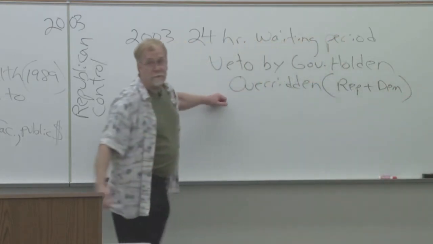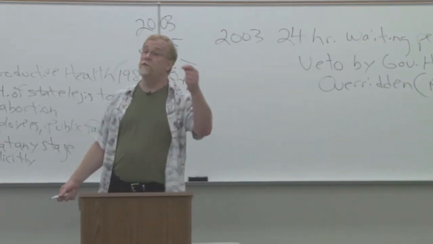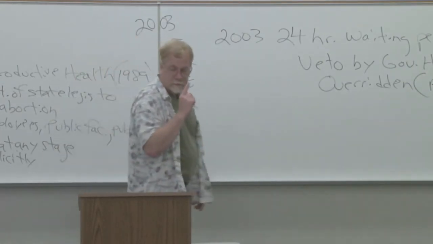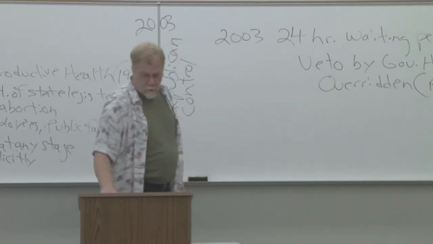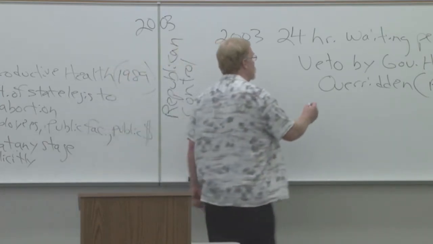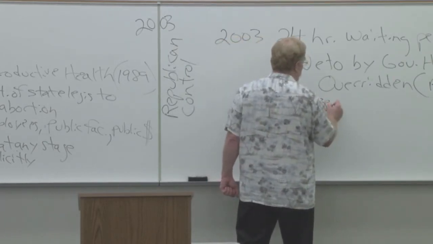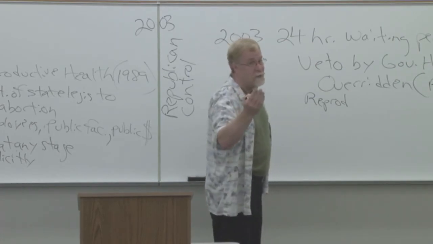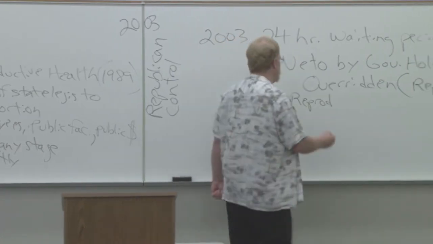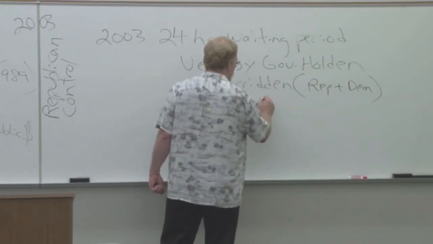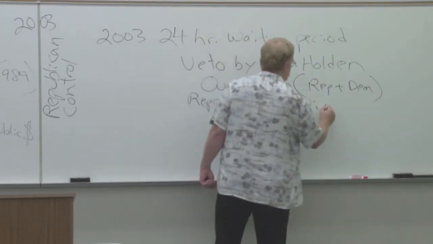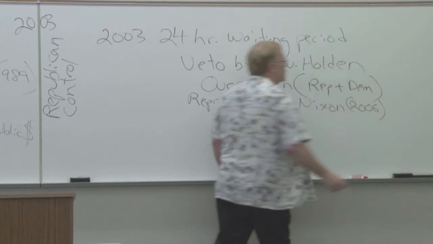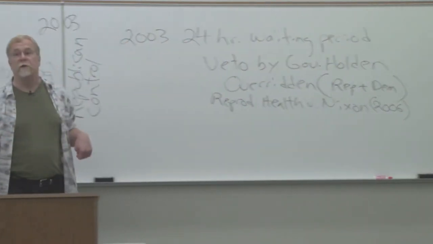To take this one step further, this 24-hour waiting period goes to the Missouri State Supreme Court. Missouri State Supreme Court in Reproductive Health versus Nixon. I want to be sure I get the right one. This takes a while to get to the court. Reproductive Health versus Nixon. Again, why Nixon, Paul? It was your question. It was because Attorney General Jay Nixon. Reproductive Health, I'll just abbreviate now, we all know what it means, versus Nixon. And this is 2006, the Missouri State Supreme Court upholds the 24-hour waiting period.